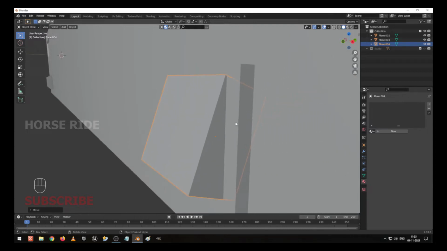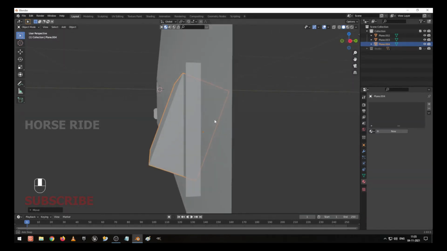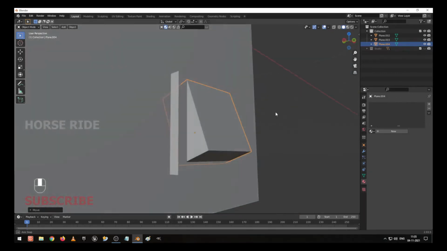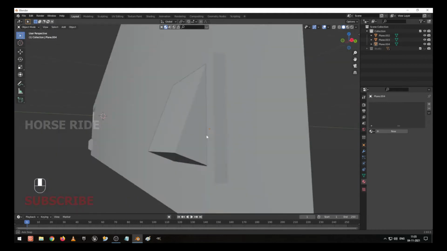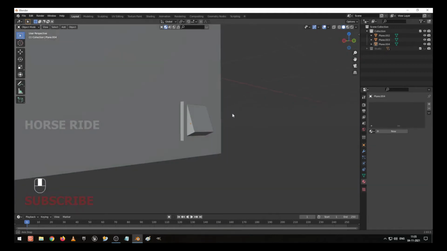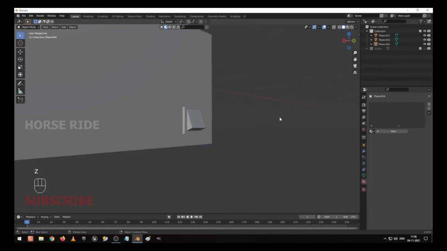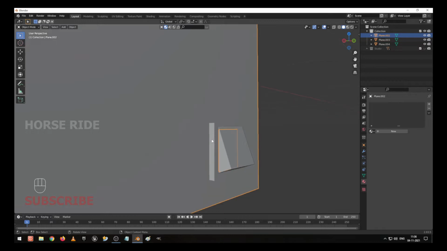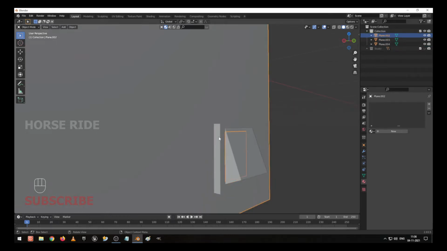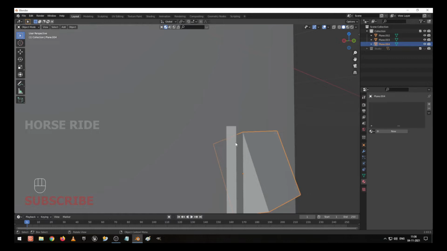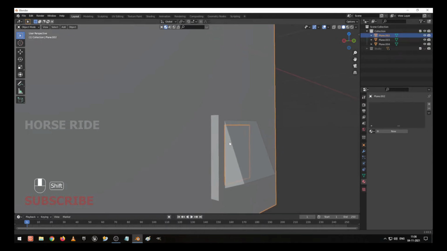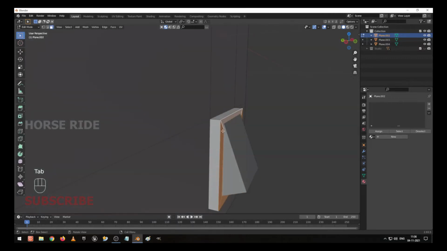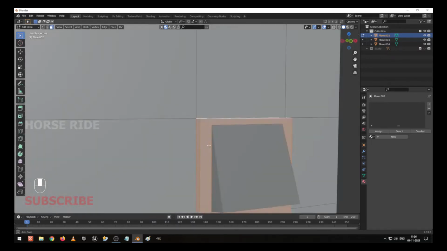So now GY to move a little bit inside. Now the button has been created. I make this one also, make it separate, better. I feel like this whole button itself, yeah, because that item is actually a separate piece, right? So I go to this object and I select this one.